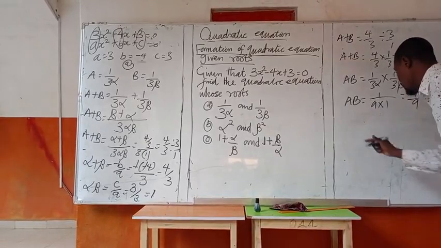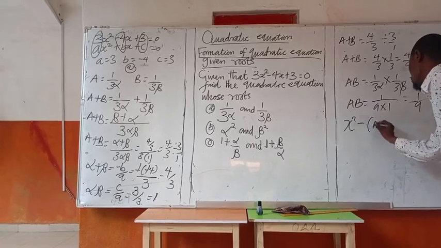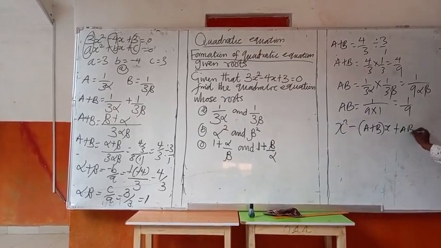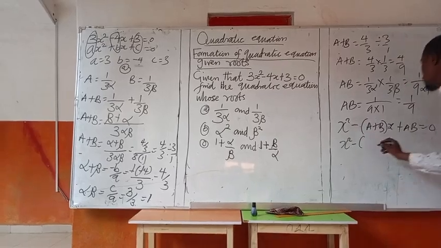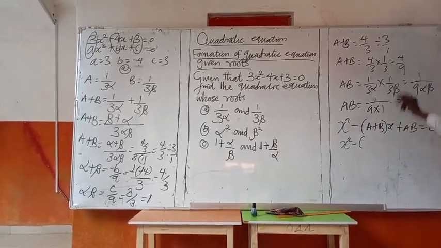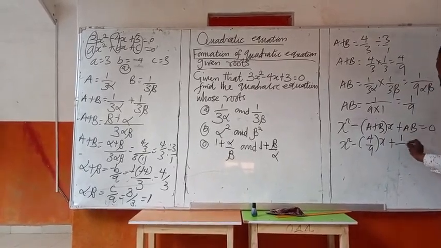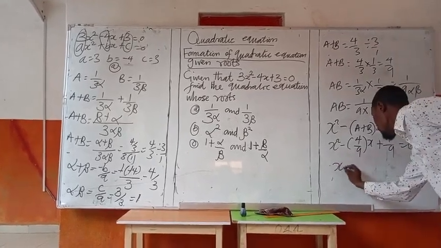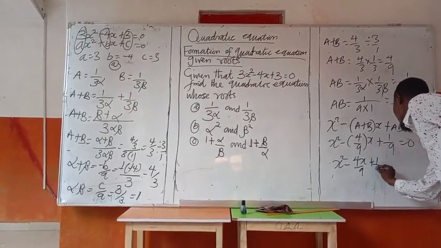So, we now have the formula, which is s squared minus (a plus b) into s plus ab is equal to 0. We now have s squared minus (a plus b is 4 over 9) s, ab is 1 over 9, is equal to 0. So we now have s squared minus 4s all over 9 plus 1 over 9 is equal to 0